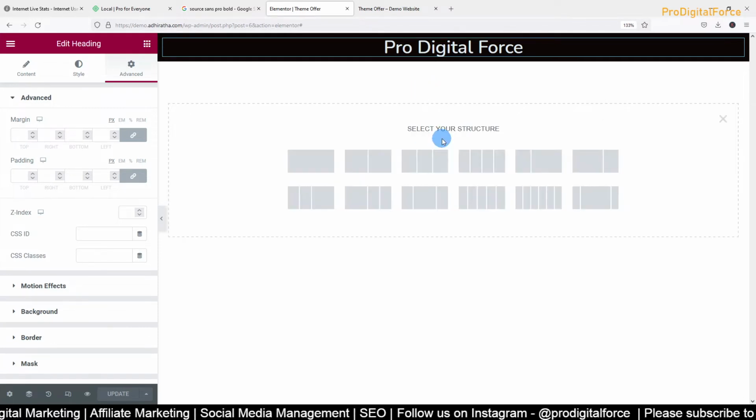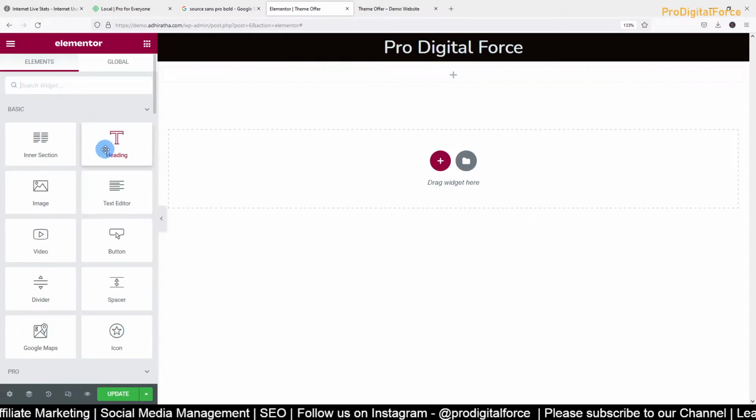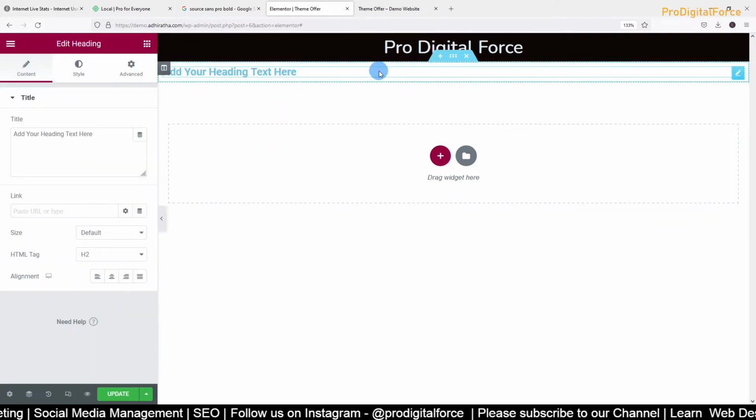Next we add one more section here. Again I'm adding a heading.